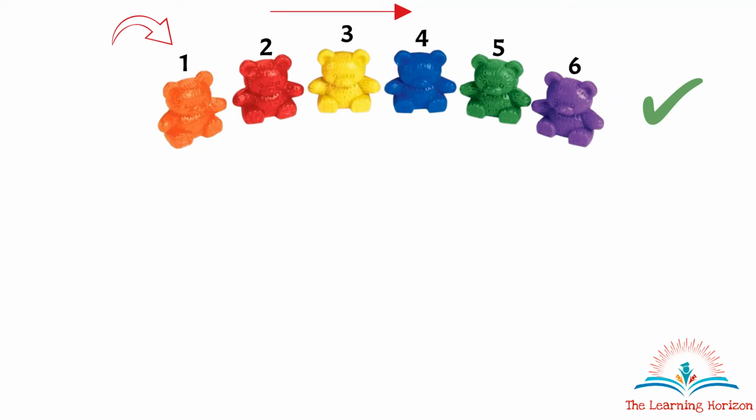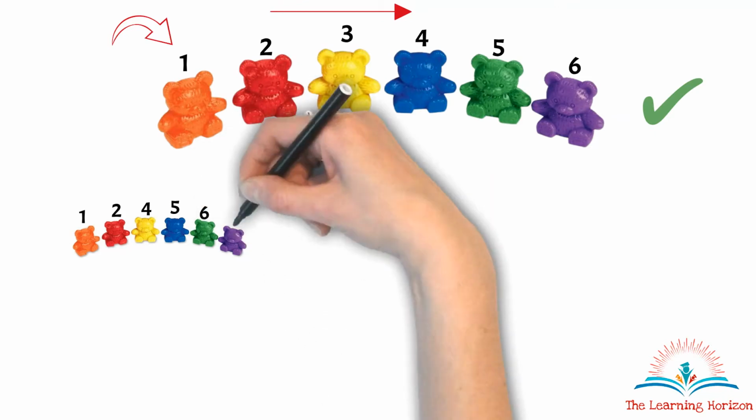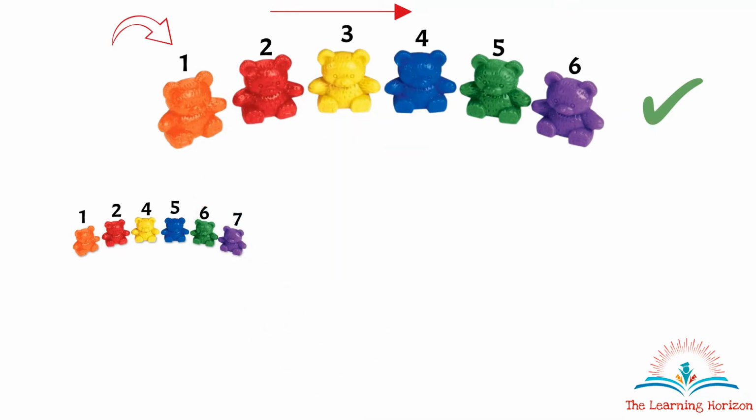Now, let us look at few common mistakes that kids sometimes make when they first start counting. Again, I will take the same set of bears. 1, 2, 4, 5, 6, 7. Now let us understand what's wrong here. Did I begin counting at 1? Yes. Did I follow the order? Let's check. 1, 2, 4. So here we have skipped the number 3 and jumped on to 4 while counting, which means we haven't followed the order, and that will give us the wrong count of bears.